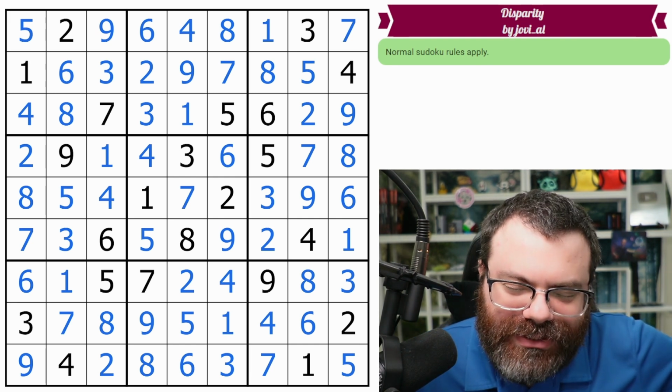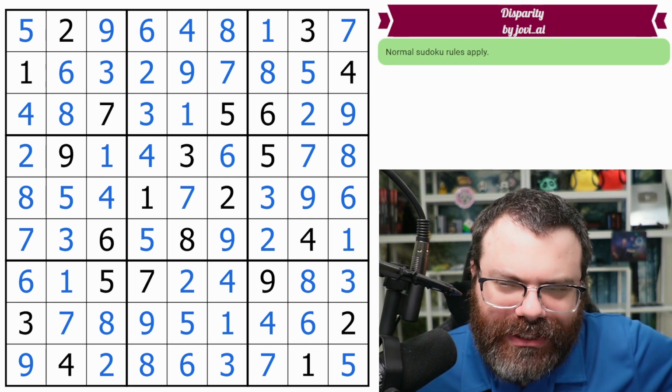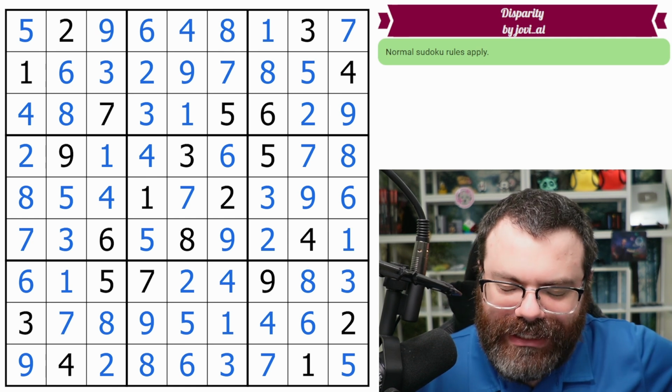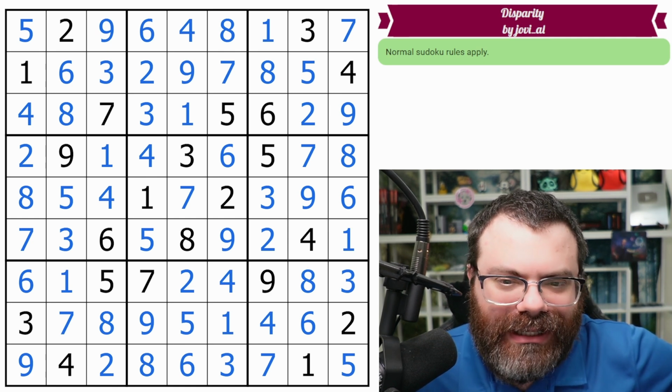We used the ring quite a few times. Probably could have used it more if I kept it highlighted, but yeah, that was neat. So thanks, Jovi. Nice use of the